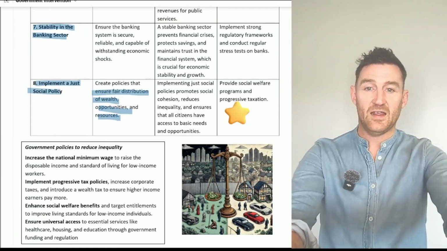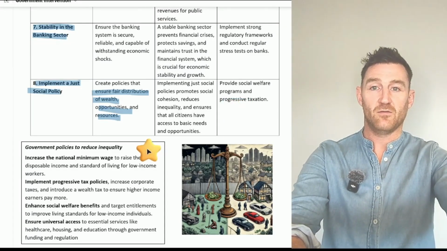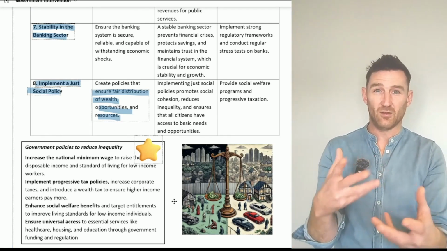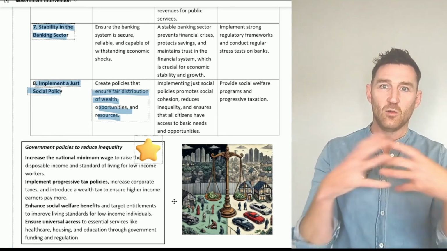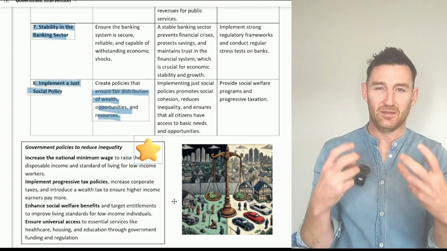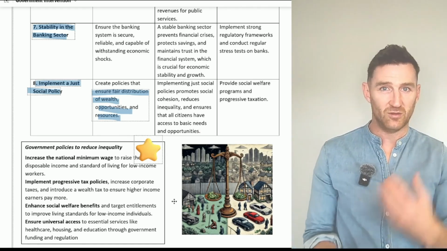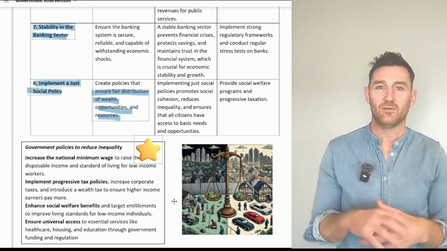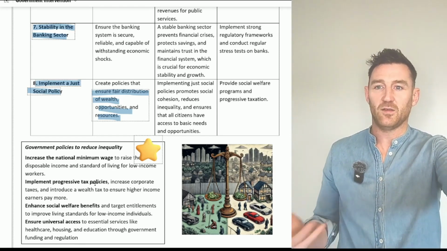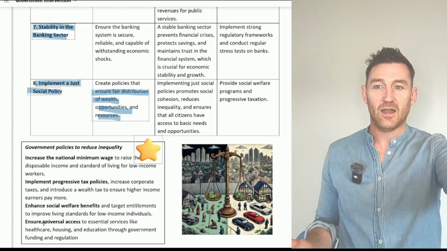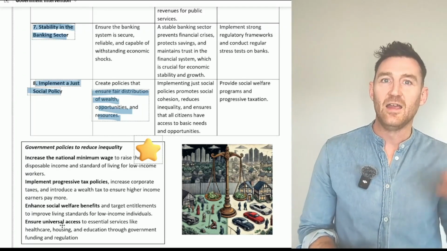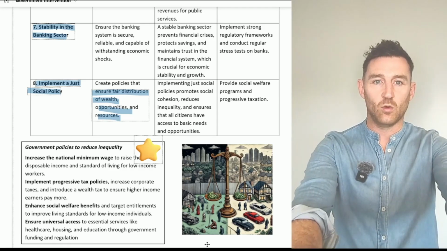I would put a big asterisk beside that. In fact, you can move that over. That is the key thing. So increasing the minimum wage, that's one of the big things that we're doing to reduce inequality. We're committed to removing the gap between the minimum wage and the living wage, which is a big aspect, I believe, of the 2025 project that you guys are doing. Implement progressive tax policies. We mentioned that one. Having social welfare, and that last thing about giving universal access. That's what I'm talking about. Investing in healthcare, investing in education, and making them more accessible.